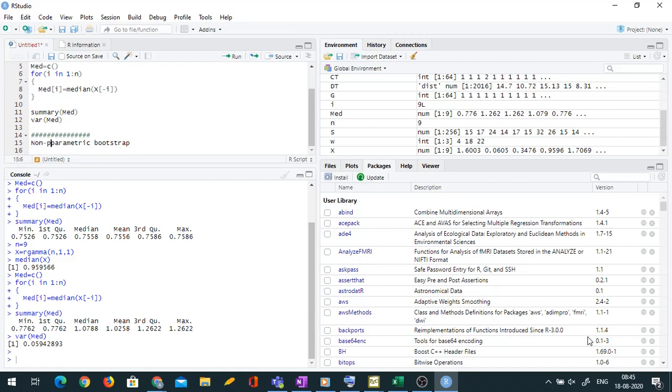We know that non-parametric bootstrap works on the principle of sampling with replacement. So x I already have. From this same x I am going to draw multiple samples of size n. Let me go back to n equal to 99.